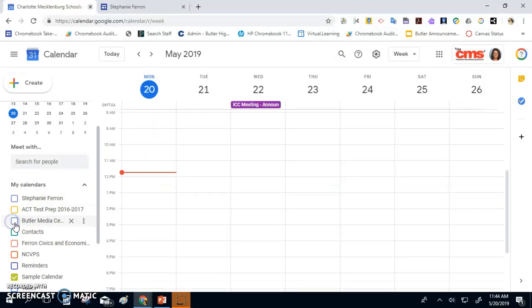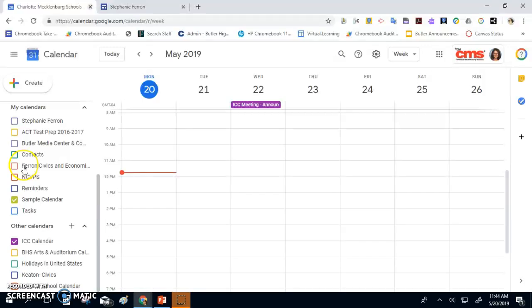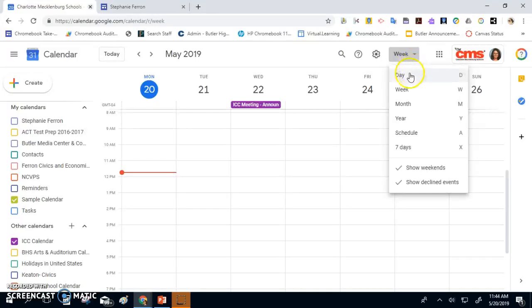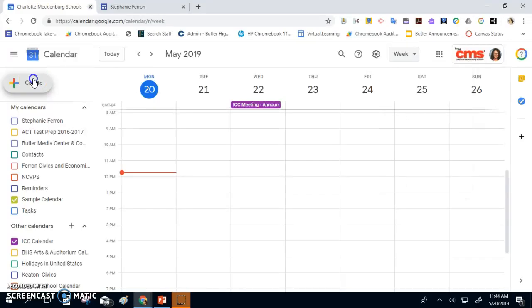Alright, so we're going to come down here to my sample calendar so you can see it, and it's blank. To make appointment slots, you're going to want to create, like you're creating an assignment. You need to make sure that your view for your calendar is either on day or week in order for appointment slots to happen. If you're on month, year, or schedule, you will not see it. So when you click create,